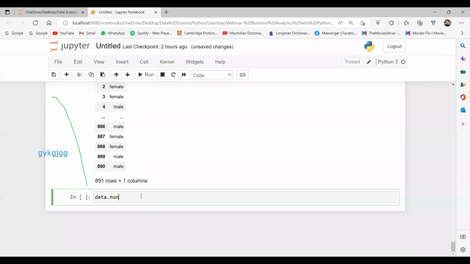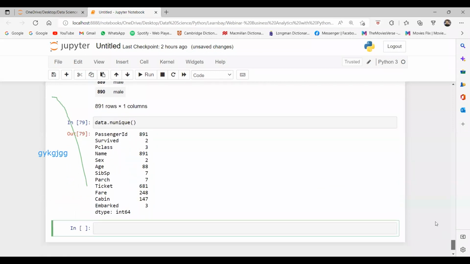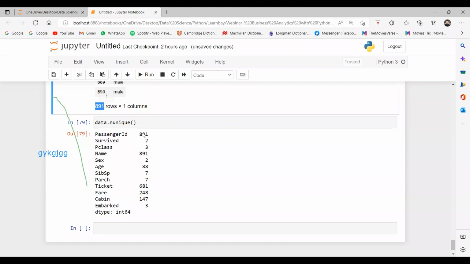It will check the whole data set. It says 891 unique values in PassengerId, and total observations are 891, so every ID is unique. No ID is repeated.